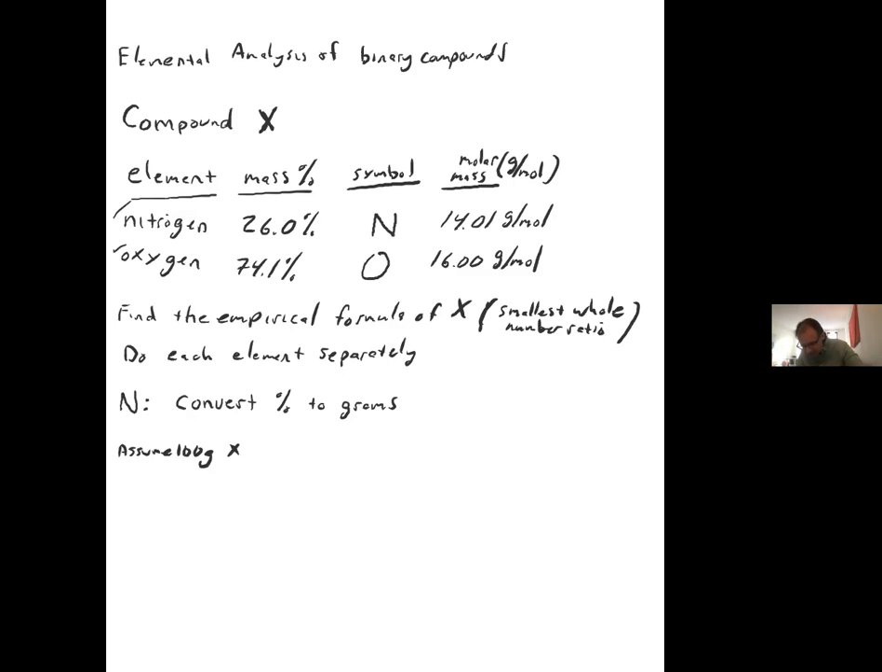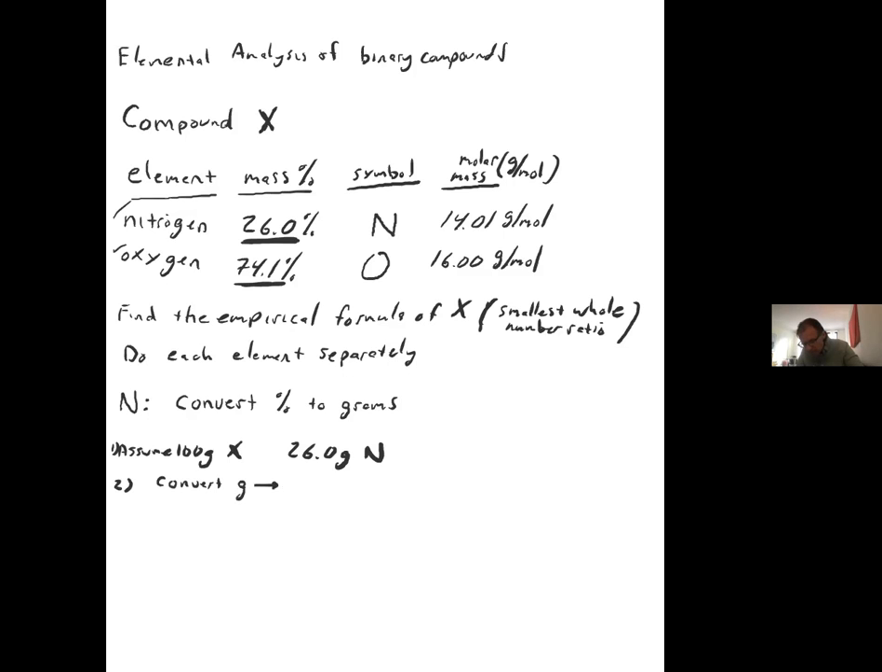So that means you've got 26.0 grams of nitrogen. Okay, so you just essentially say, look, because these add up to 100, we can assume we have 26.0 grams of nitrogen and 74.1 grams of oxygen, and then that will work. So there's our first step. Step 1: you assume you have 100 grams of the compound. That means you've got 26 grams of nitrogen. Step 2, convert